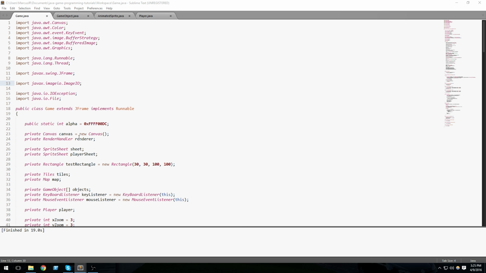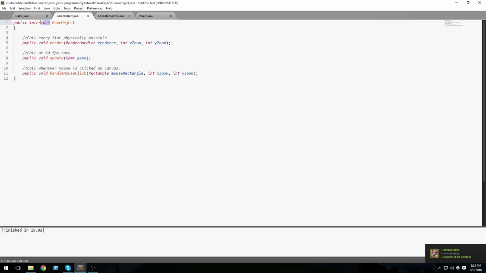The reason I'm not just going to call this interface.java, you can do that, is that we have interfaces in our game as well, like these game object interfaces, and I don't want to confuse between the two. So we're going to have GUI.java and GUIButton.java. So let's go ahead and open up